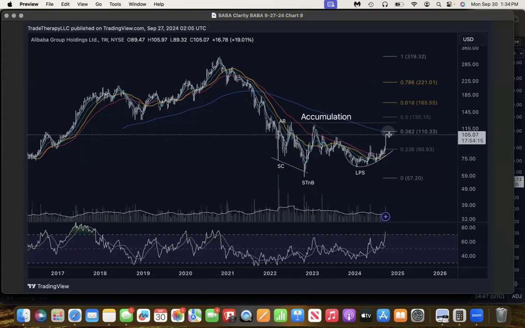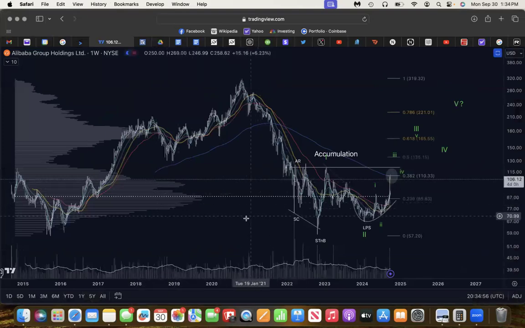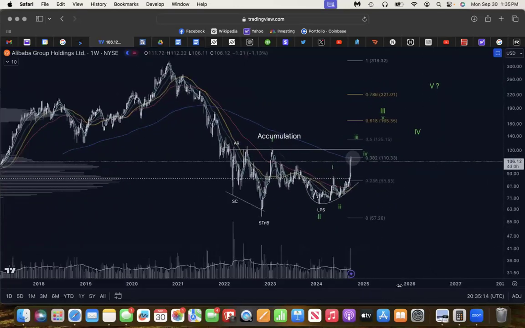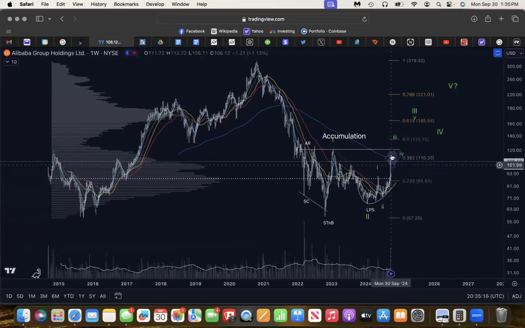We are now running into the 200 weekly exponential moving average, which is what we identified in July, when we shared the original chart and said that we expected a jump across the creek move. We had mentioned that it will more than likely run into the 200 weekly exponential moving average. Now, this is today's chart. You can see we have jumped up and collided with the 200 weekly exponential moving average.